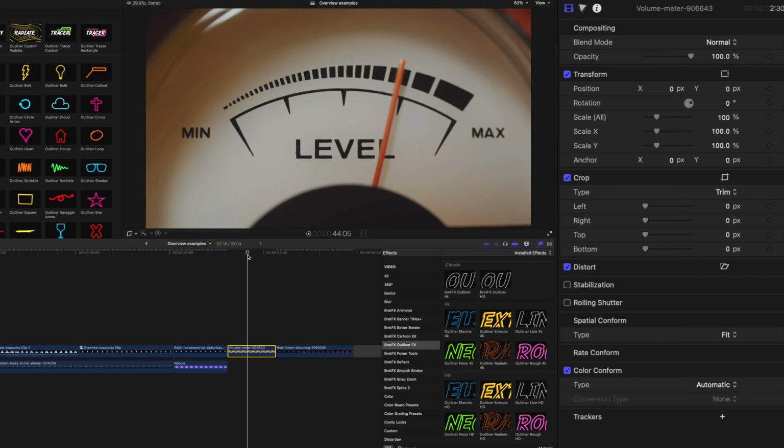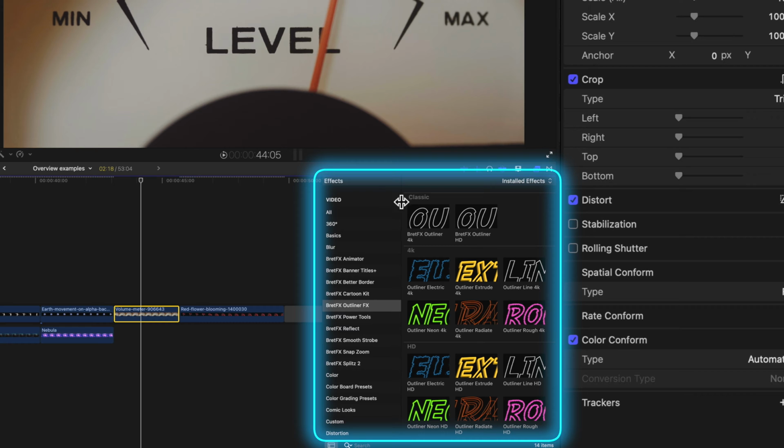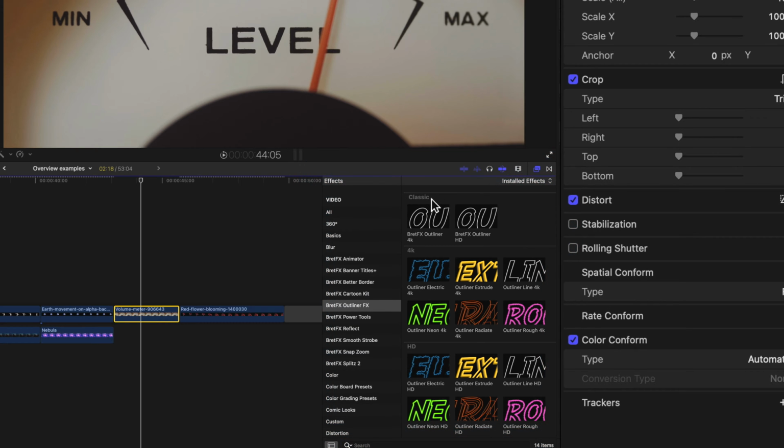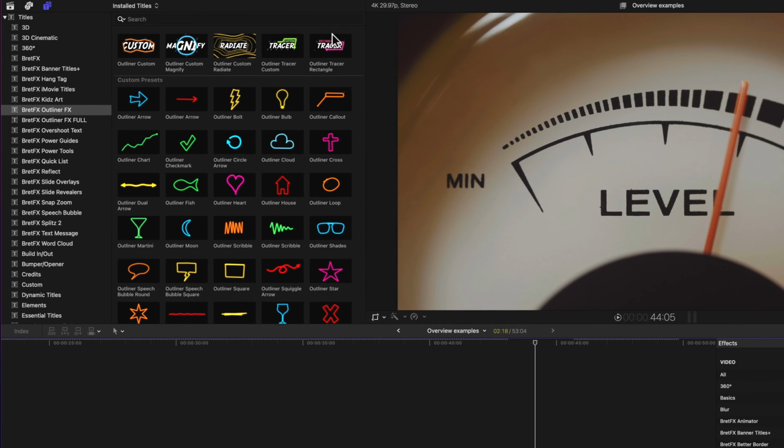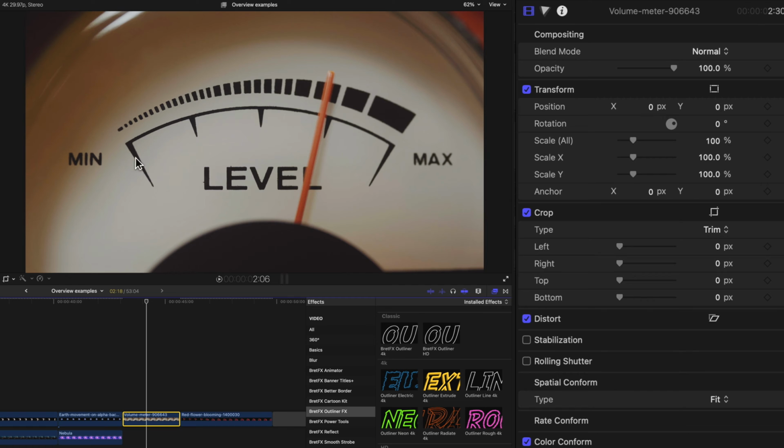Hey guys, so I wanted to do a separate tutorial on the trace option that is found in all of the effects over here in the Outliner FX panel. It is not found in the custom shapes and shape effects because those you're drawing your own shape. You're not finding the edges of something. And so the trace effect is going to find contrasty dark and light edges and apply an outline to those